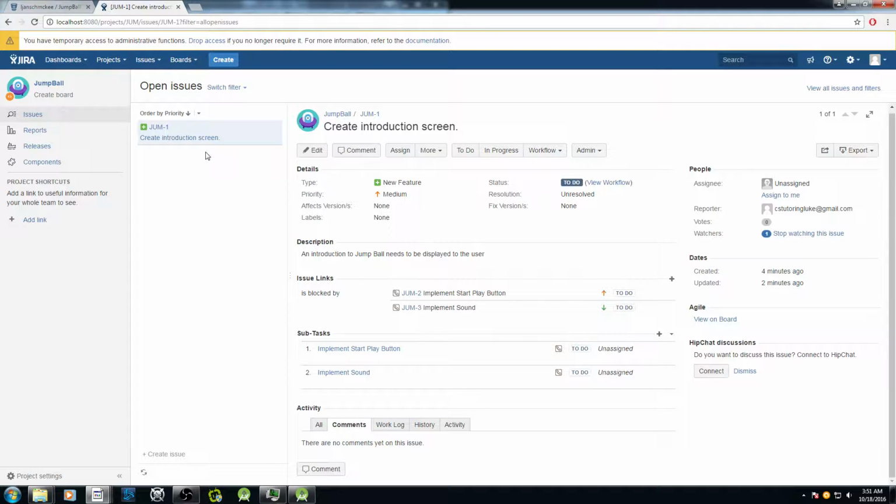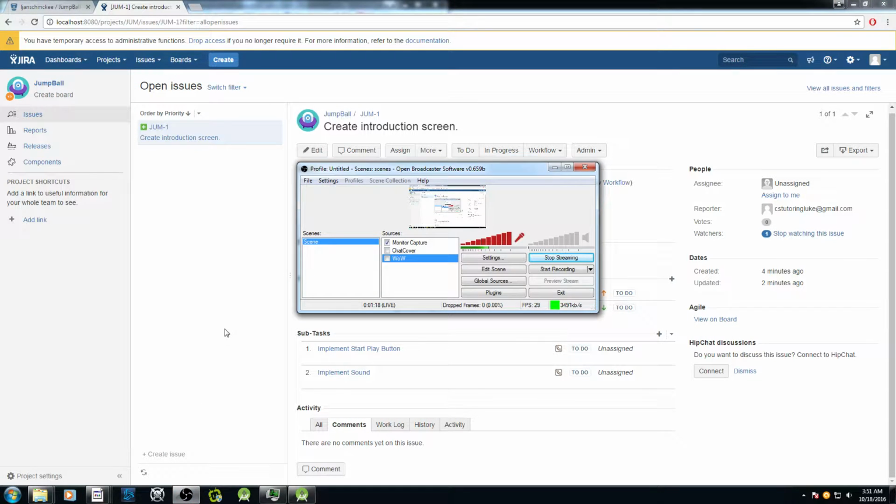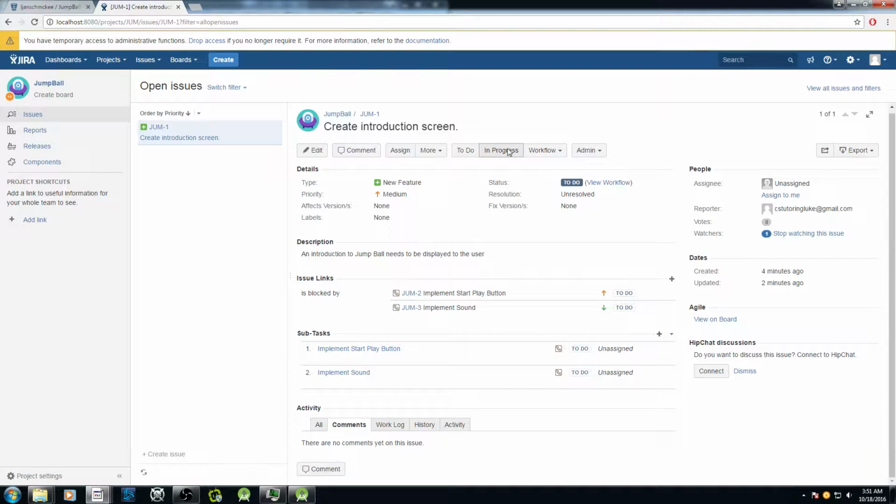I'm not sure that's the best way to do it, but assuming you already had a project on Bitbucket, it would make sense to do it using that method. So we've got some open issues over here, and we can select them